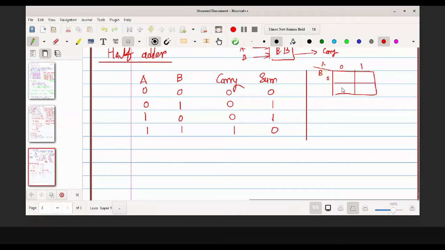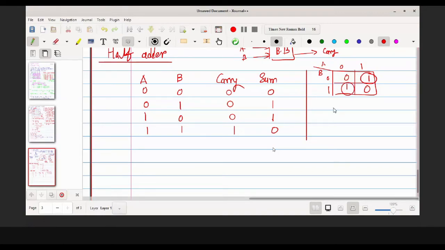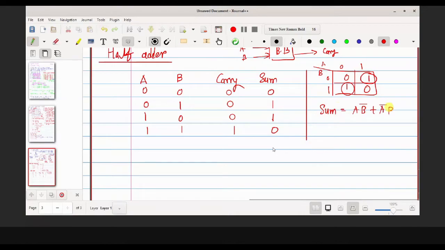0, 1, 0, 1. And what are the inputs? Okay, for carry, let's say for sum. So it is 0, 1, 1, 0, right? So I cannot form a diagonal group because two variable changes will be there. So I have to form a group like this and this. Okay, so the sum SOP equation comes as AB bar plus A bar B, which is nothing but A XOR